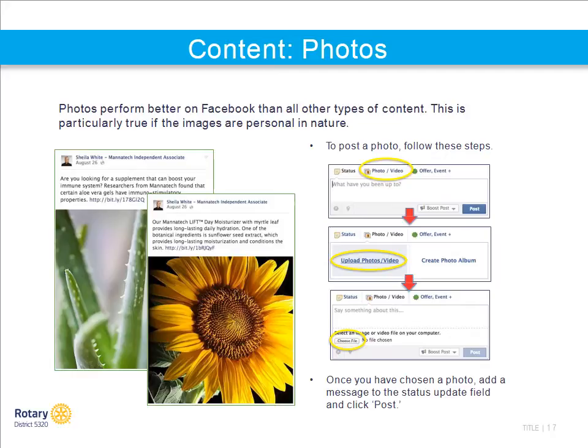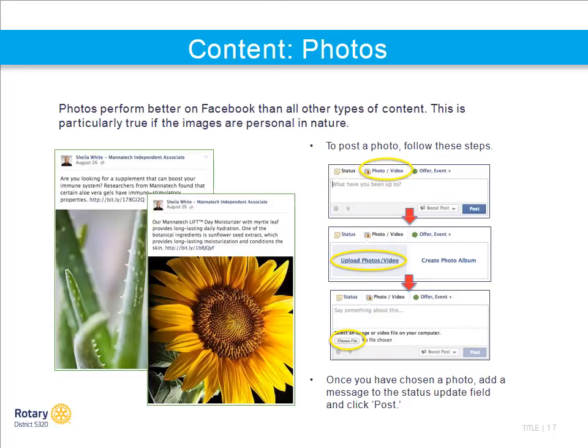And we do this a lot, of course. We have a service project, we take 10 to 100 photos, we want to upload them all at once. Then in that case, definitely create a photo album. It'd be much easier for you to then share the photo album than to try to share 100 individually posted pictures. So share them all by creating a photo album, giving a description of the photo album, where it was